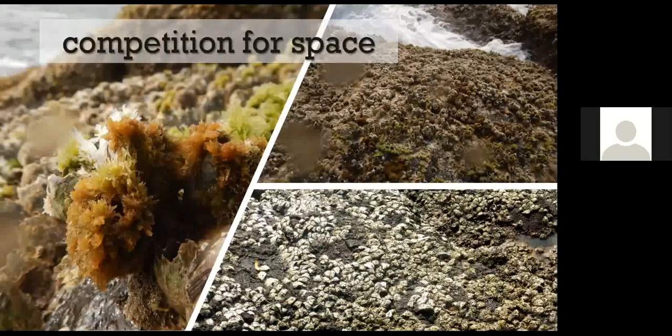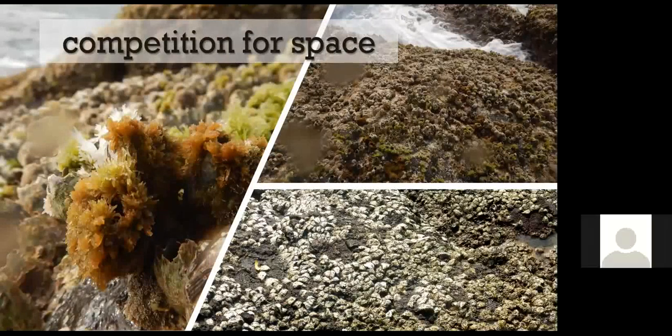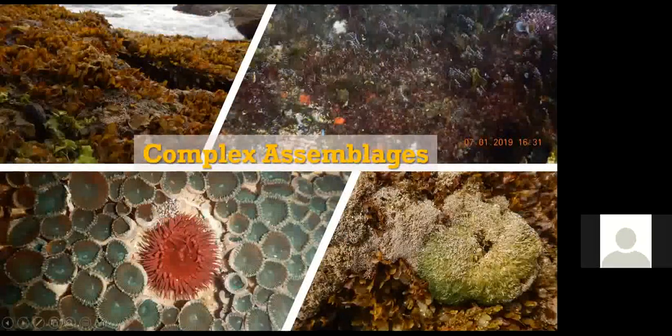Can you see this picture? We can see the hydroids. We can see this orange colored sponge. There are many algal species lying between. This is the calcareous species of the algae. So there are many species which are lying in association with each other. These associations might be beneficial for both the species, or these associations can be commensal, or there are many other things which are still undefined.